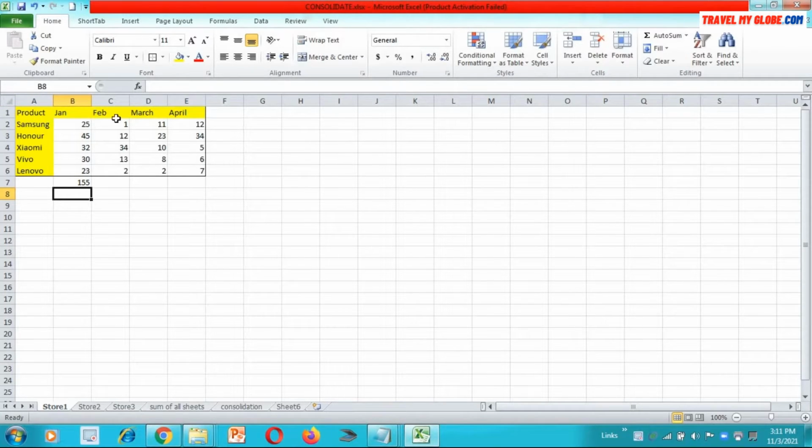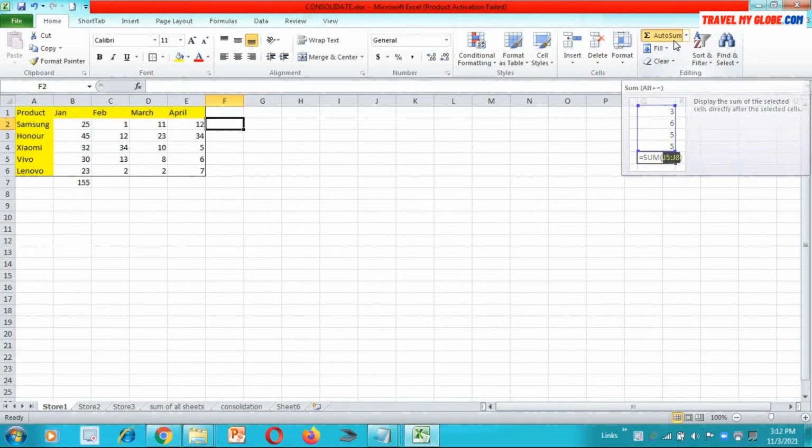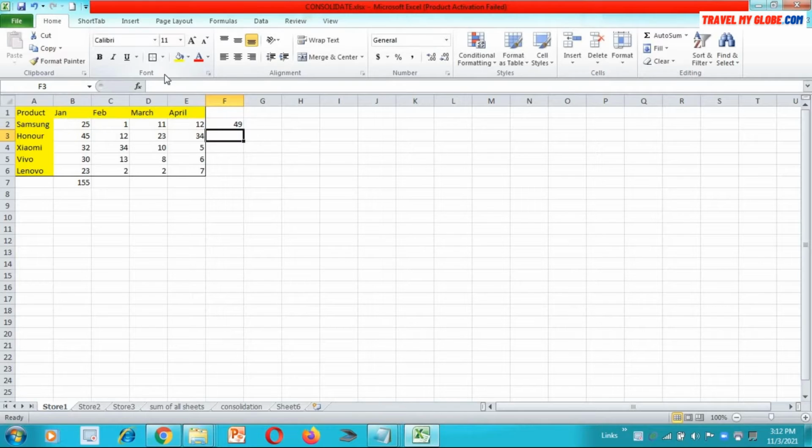And if we want to know for a single sheet the sale of a Samsung mobile for the month of Jan to April, then you have to apply the formula of sum, that is auto sum I am applying here, and you will be able to know the sale for the month of Jan, Feb, March and April in this way. So this is what we call horizontal sum, and this is vertical sum.